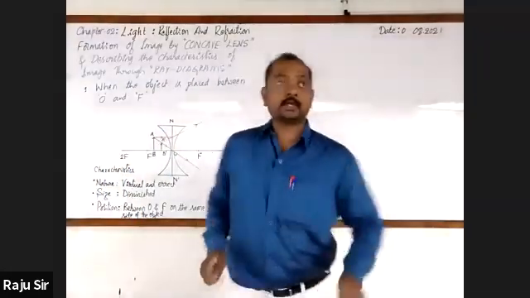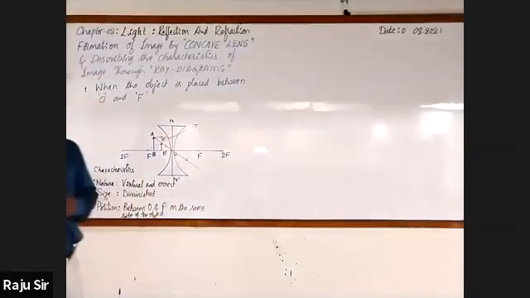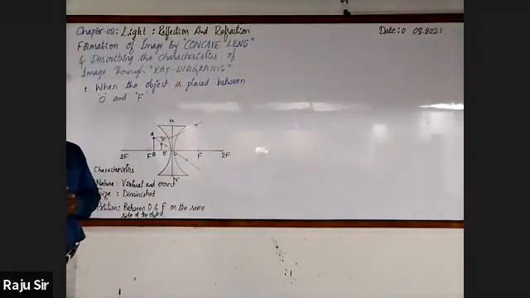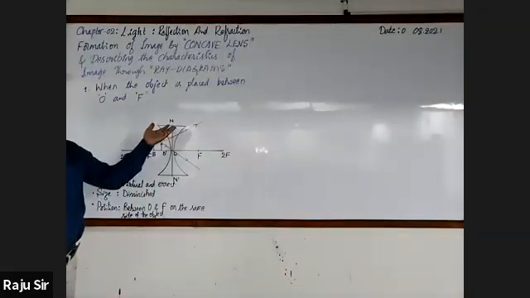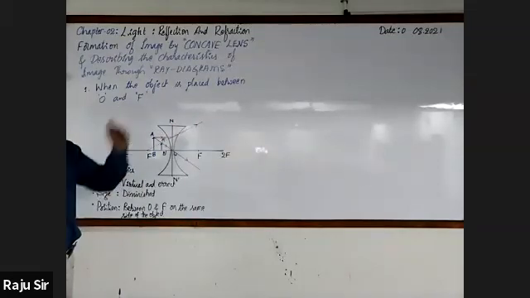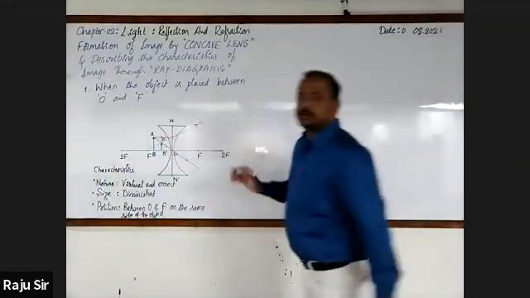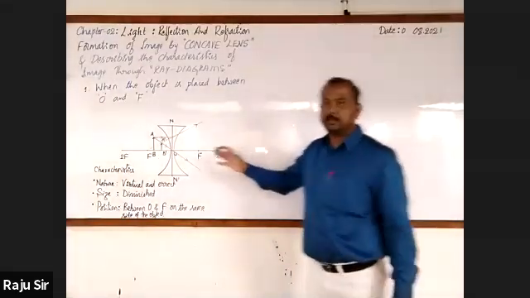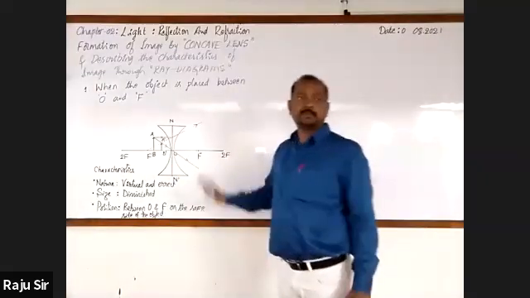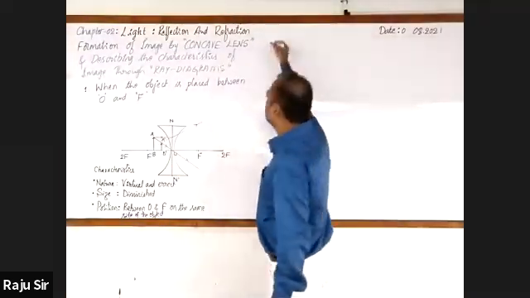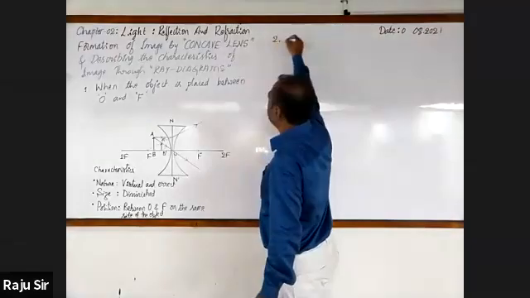Now, directly I'll go for taking another one, that is, when the object is placed between F and 2F. Another thought. Then afterwards, we'll move on to beyond 2F. Only these three are enough, because in all these cases, image form will be same only. Position of the image, we'll come to know. Right. Second one.